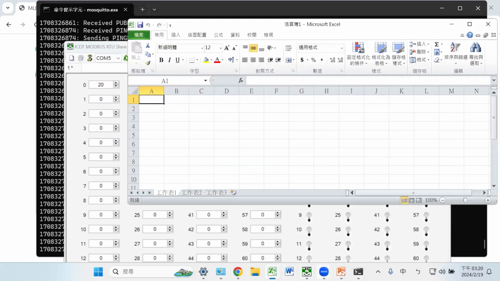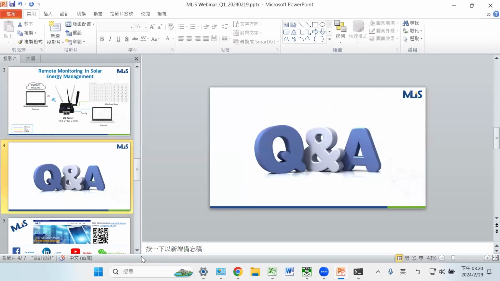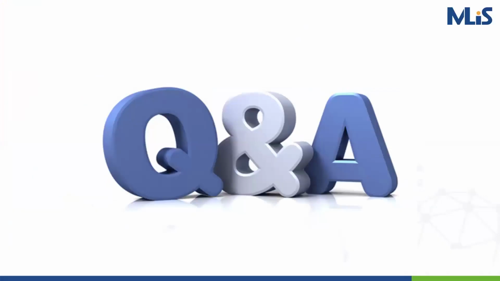Okay. Here is today's demonstration of how to configure the LTE router to the MQTT server. So any questions? If no, today's video will be published to the YouTube channels,